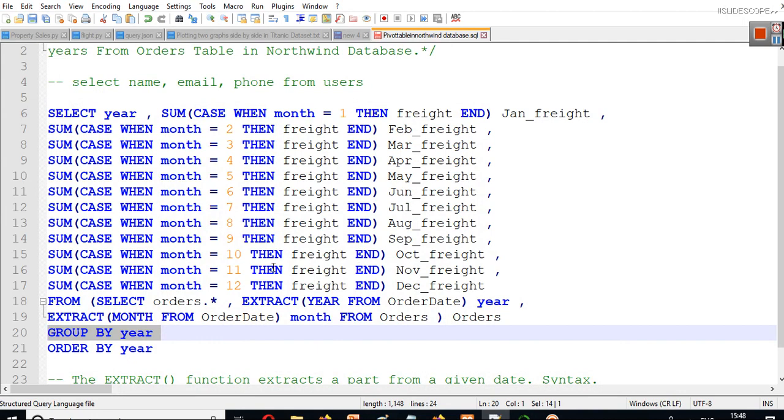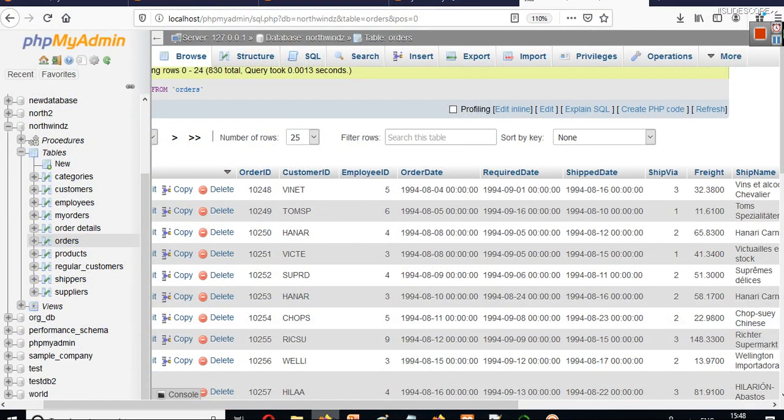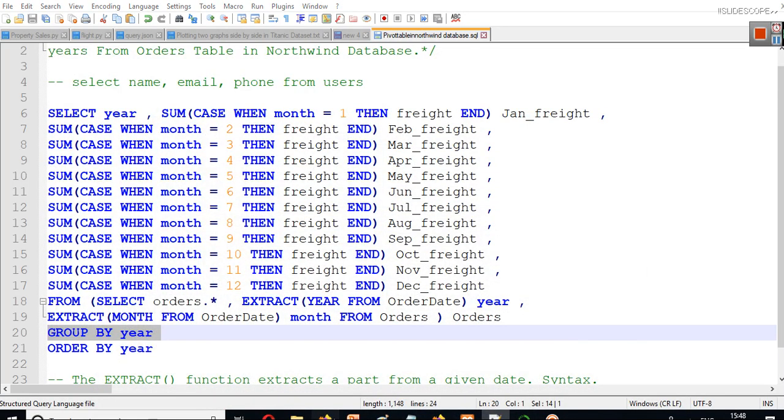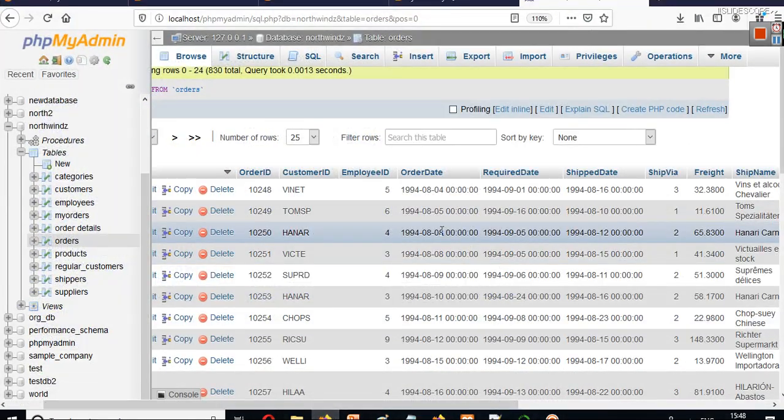If you have to get the summary, and when we have classification in our data, by classification I mean we have only 2 or 3 years. This order table contains data of 2 or 3 years, that is 94, 95, 96. So as far as year is concerned, we have classification in data on the basis of year value.